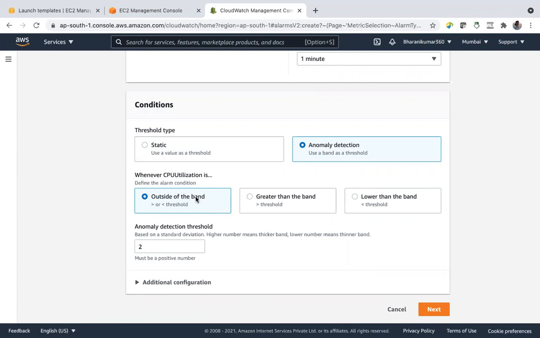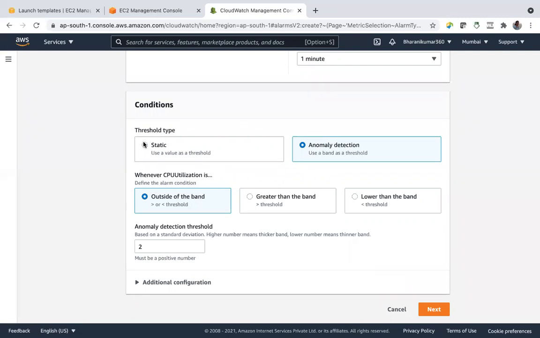Band means especially this anomaly detection is for tracking DDoS attacks. So in DDoS attacks, what happens? Hacker will induce a lot of traffic to make your server down. So that's why you can use a band. Band is not only about traffic, CPU utilization, anything. What is the normal band or normal range? Band is nothing but the range. If it is outside of the band or lower than the band, then your alarm will get raised.